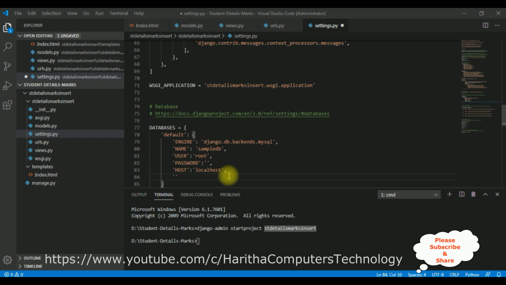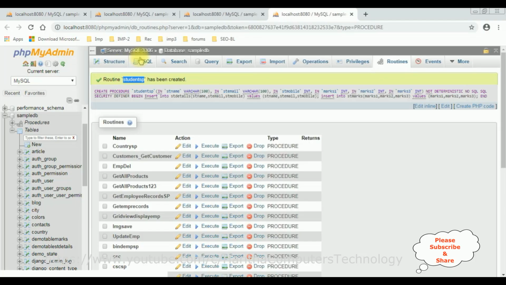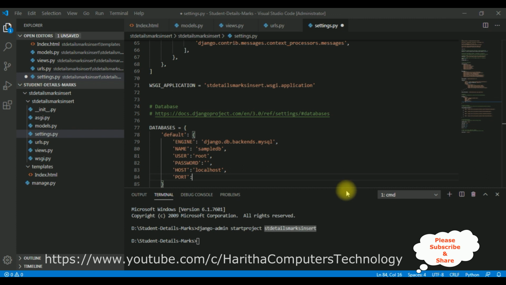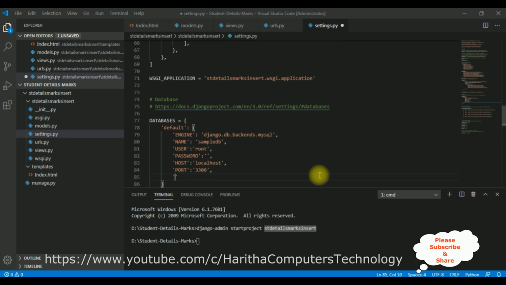Now we require the port number also for our database. MySQL database port number is 3306. Let's add that one. Between single quotes, 3306, comma, and the final one is the options